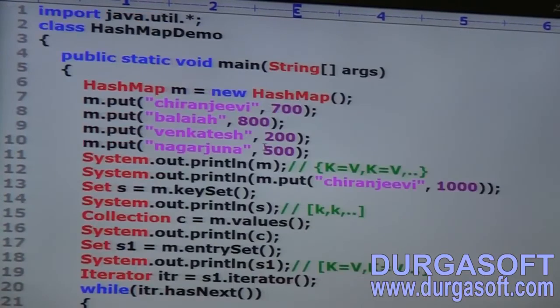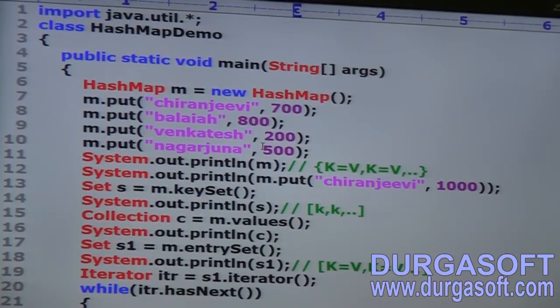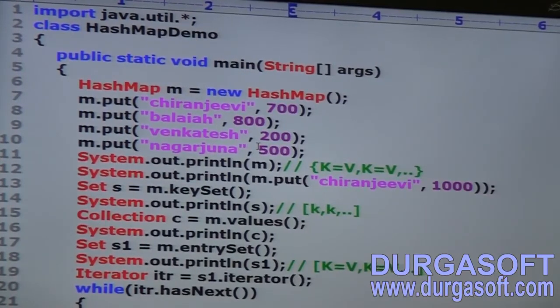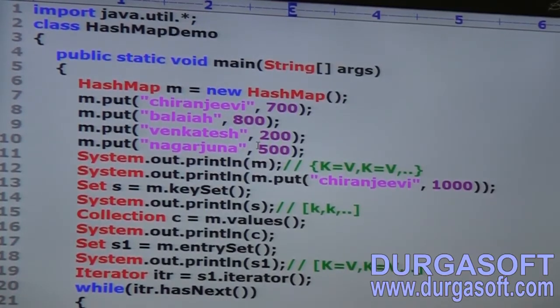Okay, so this is how to use Map interface methods. Now the terminology is clear for you, right? Entry interface methods, take this example.